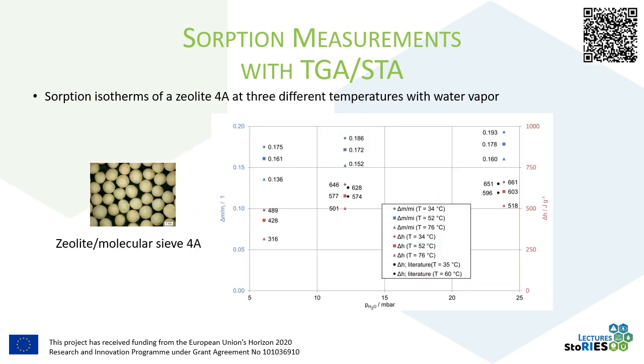In this slide, you see now the results of the sorption measurement. So the blue colored points are the sorption isotherm, so the water uptake at different temperatures, at 43, 52, and 76 degrees centigrade. And you see, for example, for lower temperature, we have a higher uptake as for higher temperatures. The red colored